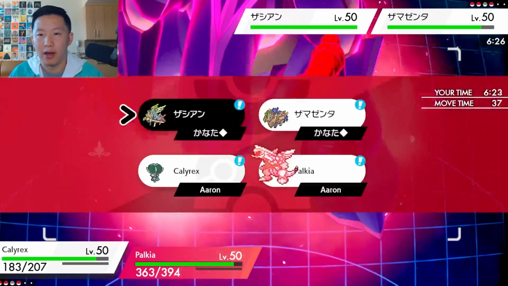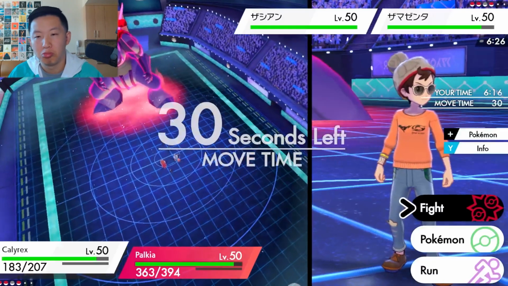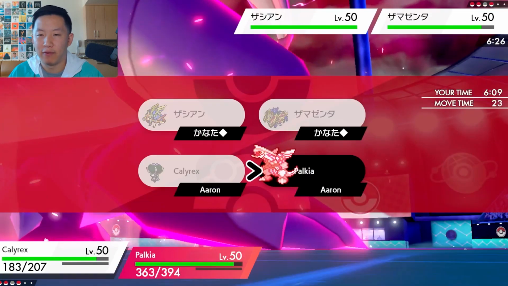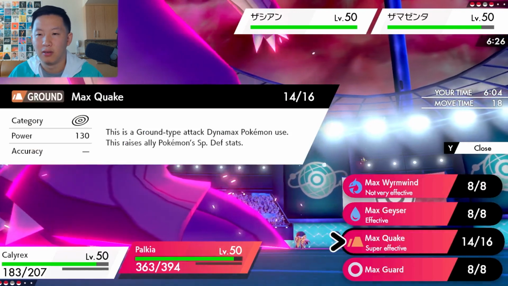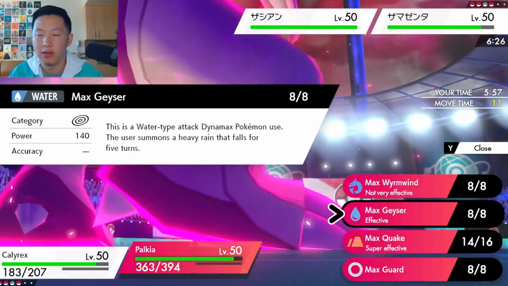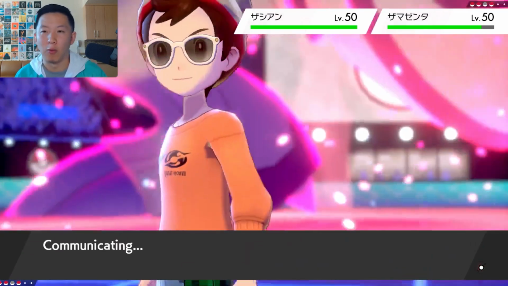I've got Zekrom in the back, and 3 turns of Trick Room still. I think Zacian here surely protects, right? But that's fine for me. I don't really have to worry about Zamazenta at all. I'm down to just Helping Hand plus, do I even need a special defense boost? I don't mind going for Geyser here, I think. Set up the rain. Doesn't really make a difference, though, no? Actually, the reason I want to go for Geyser here is because with the Mono Steel team, I think one thing I'm actually worried about...